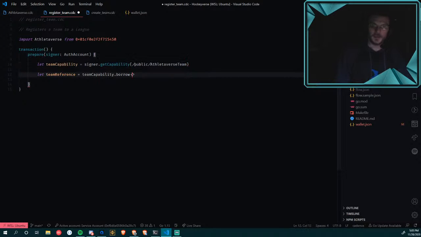So what I'm saying, sorry, as I'm thinking out loud, is normally because I'm accessing something that exists in my storage, I'd be able to just use the load method and pull it right out of that storage path. But because I'm actually going to be passing this capability in when I register the team, I'm just getting the public capability. The only reason I'm doing it this way is because I'm just borrowing it to get the team's ID and then pass it all into the method itself.